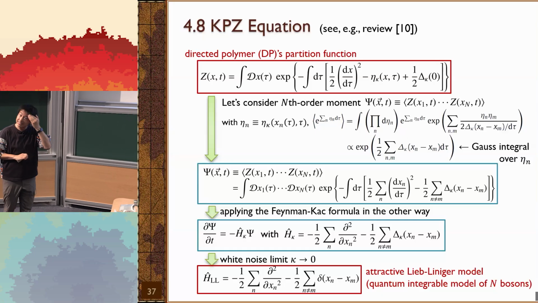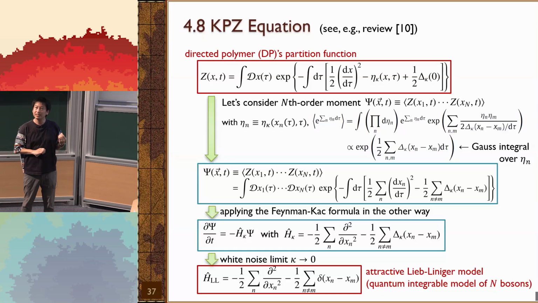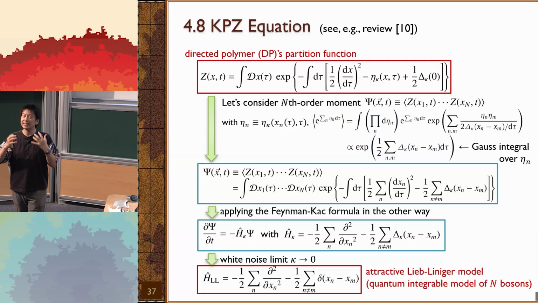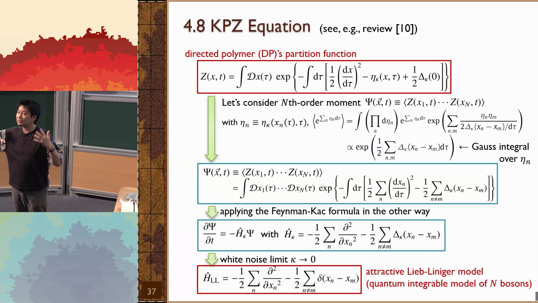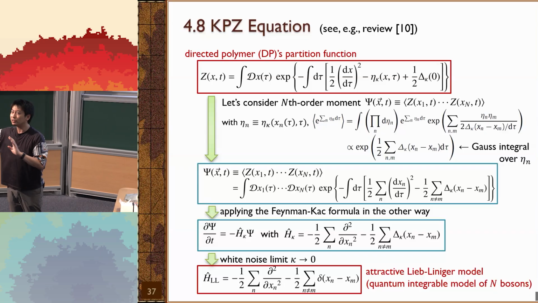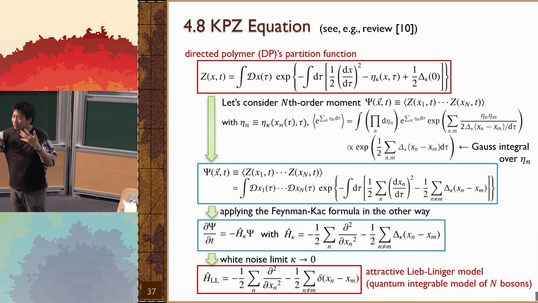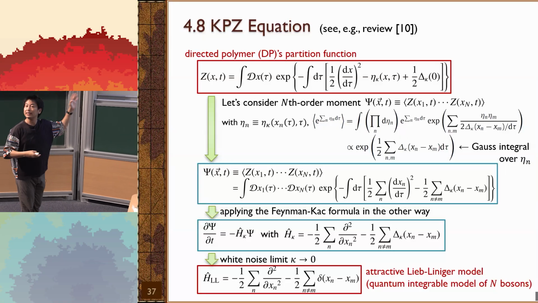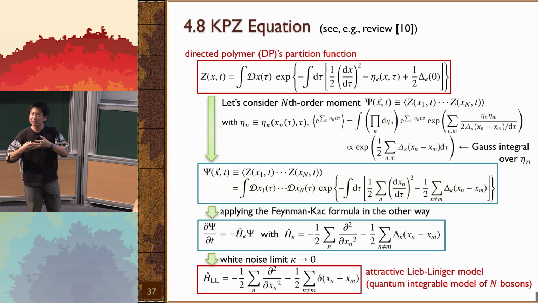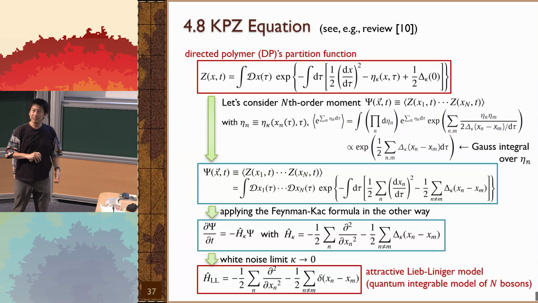Application of generalized hydrodynamics is a bit tricky because it is a very nice framework to describe integrable systems with ballistic transport. For ballistic transport, it can evaluate the Drude weight, which characterizes the ballistic transport. But the case of the KPZ is not ballistic, it's superdiffusive. So it's a bit